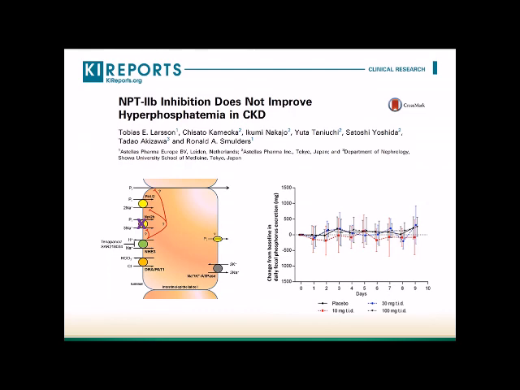But when you actually jump the gun a little bit and inhibit NaPi2b specifically, it actually had no effect on their phosphate levels whatsoever. So they followed patients over several days, and they looked at fecal phosphate excretion, and it didn't really matter whether the patients received this inhibitor or not. Their phosphate levels didn't go down. So this is really suggesting that perhaps the mechanism of a drug like tenapanor, which is inhibiting NHE3, isn't really treating hyperphosphatemia by inhibiting this other sodium phosphate transporter, NaPi2b. So this is stuff that's going to be coming out soon to try to really understand the relationship between a sodium hydrogen exchanger and a sodium phosphate